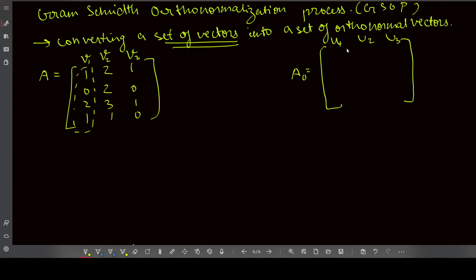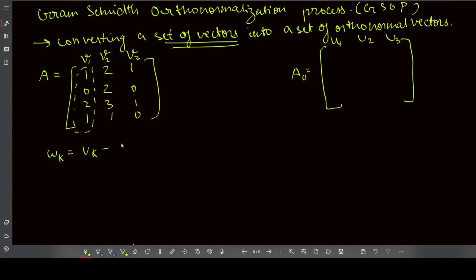This is used in SVD, so I'll explain this method now. First, I'll tell the formula, and then I'll tell you how to follow that formula. So Wk is given by